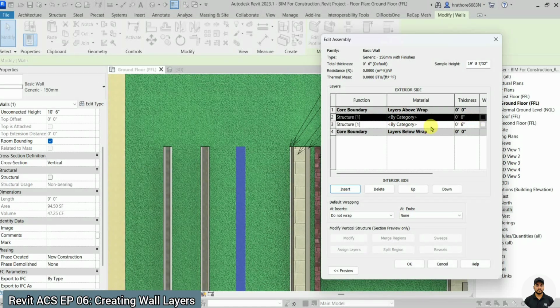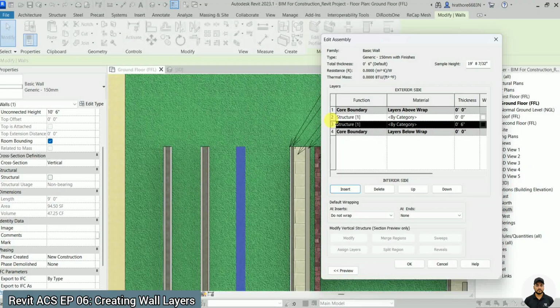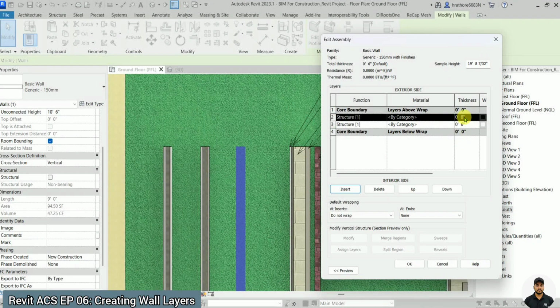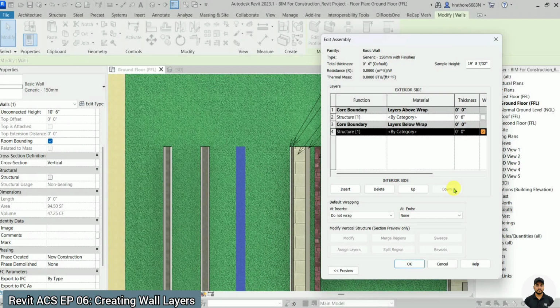Before moving, you have to confirm that you are clicking on the right part that is added newly. So here we can see this structure part is added newly with the 0 inch thickness. We will be moving it down. You can click on the down, and this is our final location. From here we have to select a